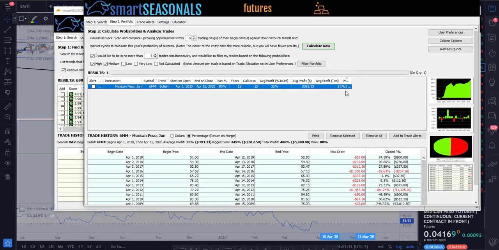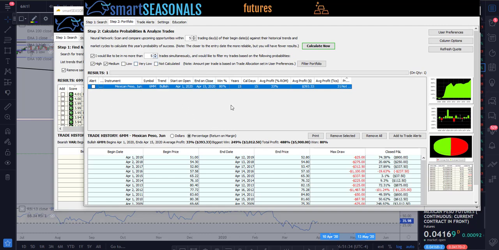Today we're taking a look at the Mexican peso 6M. We're looking at the June peso contract, so it's going to be 6MM20 for the June 20, the front month contract. Watching the seasonality and charts for a potential bullish trade to the upside, you see our seasonal scanner here,